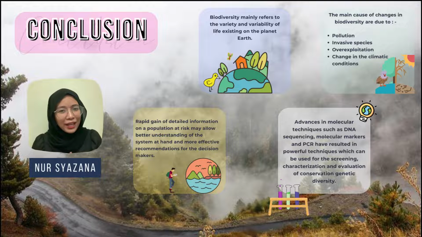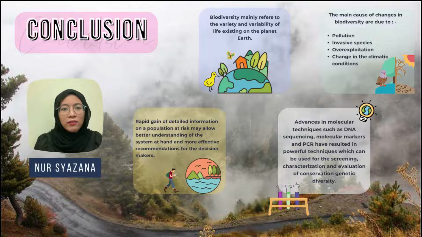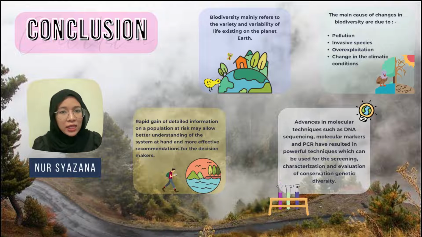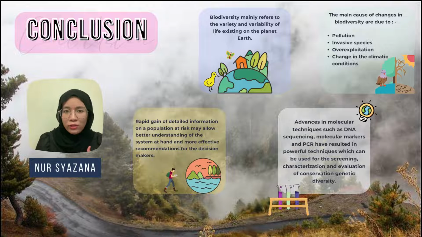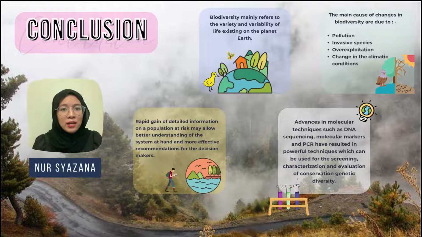As a conclusion, biodiversity mainly refers to the variety of life living on Earth. The main causes of changes in biodiversity are pollution, invasive species, overexploitation and climate change. Therefore, rapid gain of detailed information on populations at risk allows better understanding for effective recommendations to decision makers. Advances in molecular techniques such as DNA sequencing, molecular markers, and PCR techniques can be used for screening, characterization, and evaluation in